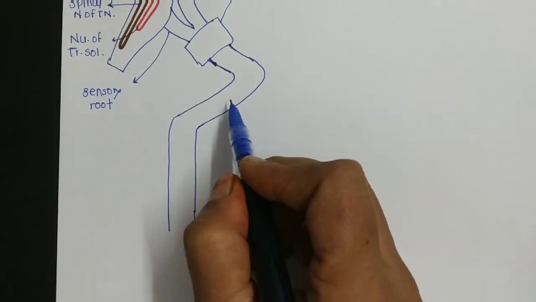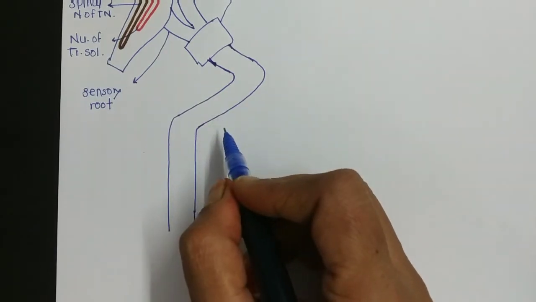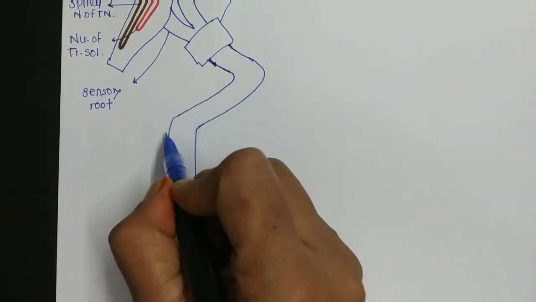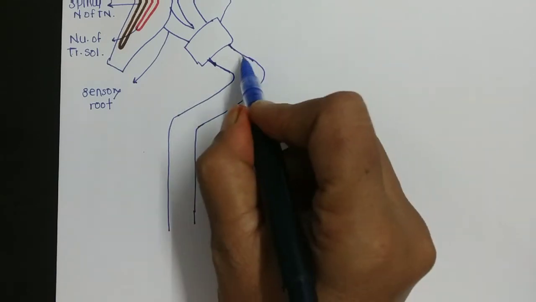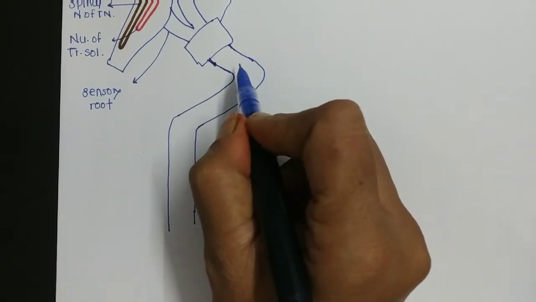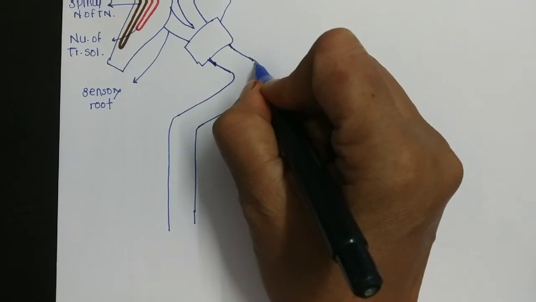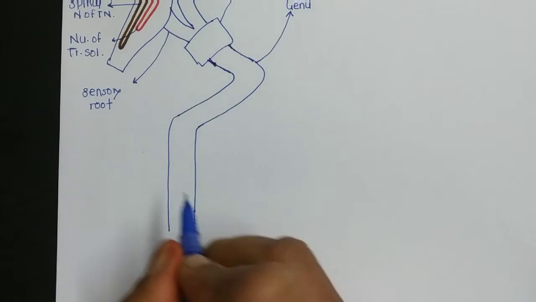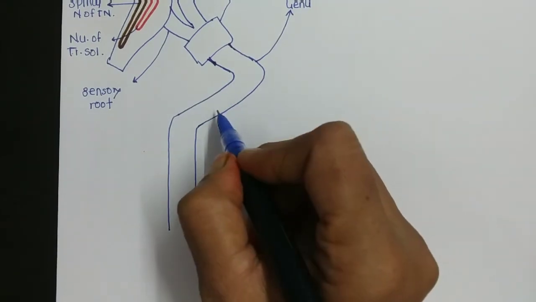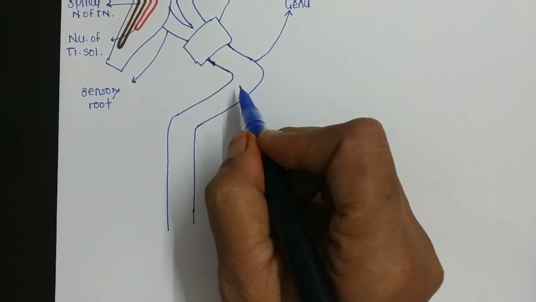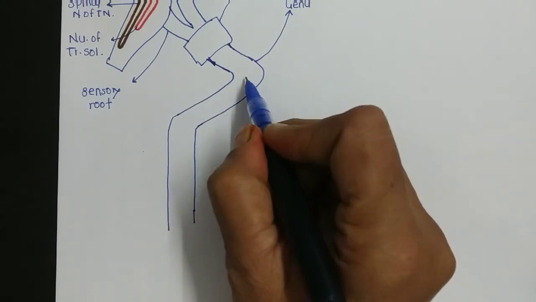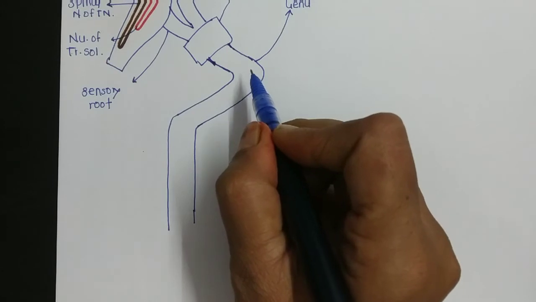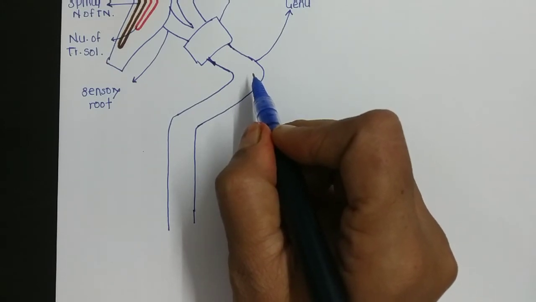Because of this course, 3 parts, there is formation of the 2 bends. This is the first bend and this is the second bend. The first bend is sharp and it is called as genu. So this bend we call it genu and it lies over the antero-superior part of the promontory. At the genu, the facial nerve presents an asymmetrical swelling known as the geniculate ganglion.